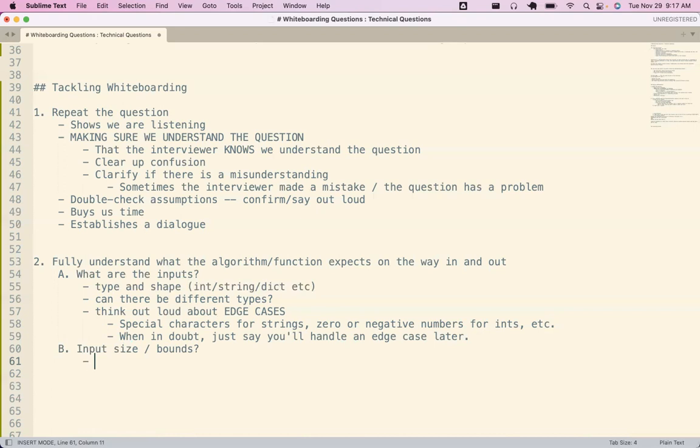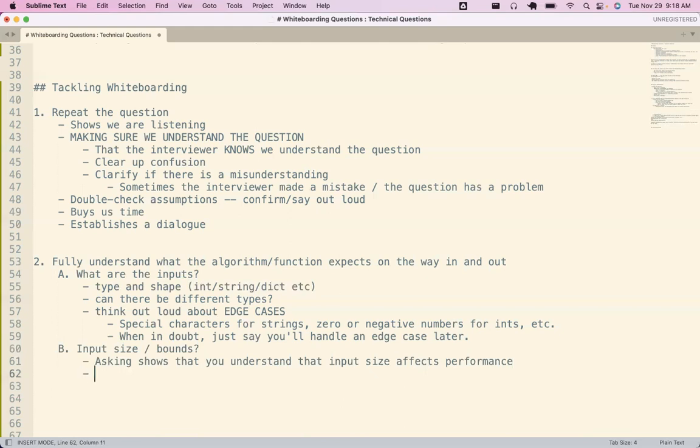There's a couple reasons to do this. Asking shows that you understand that input size affects performance, right? If we have a list of 20 million users, we probably have to write a dramatically different program than for a size of 200.